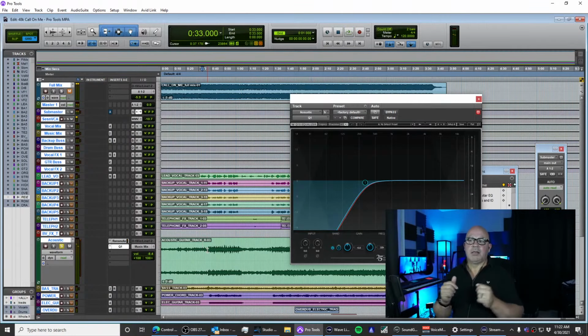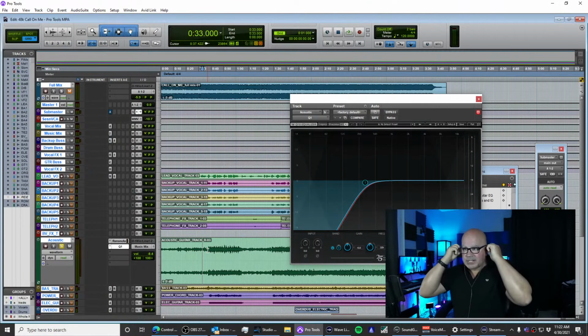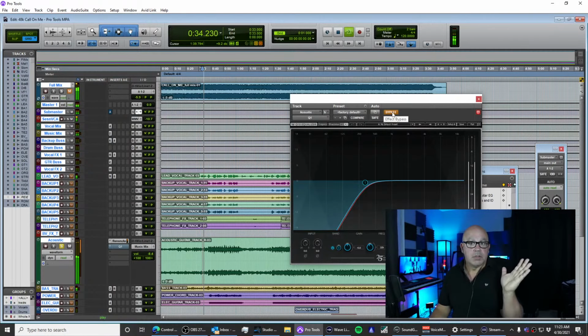Now, this is why it's thinking outside the box while you're mixing in the box. This is one of those areas that, especially when you're coming up through the industry, you sometimes forget: if you're soloing something, you're not getting the whole picture. So put it back in the mix, because sometimes things sound weirder soloed than they actually do in the mix. Perfect example, I just took all the bass out of this guitar. By itself, it sounds great, but it's not a solo instrument. Now, if I bring the bass back in,